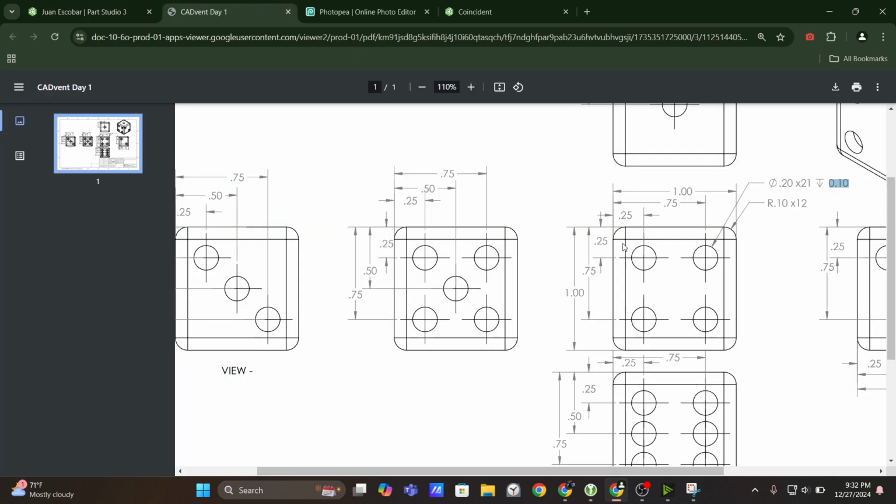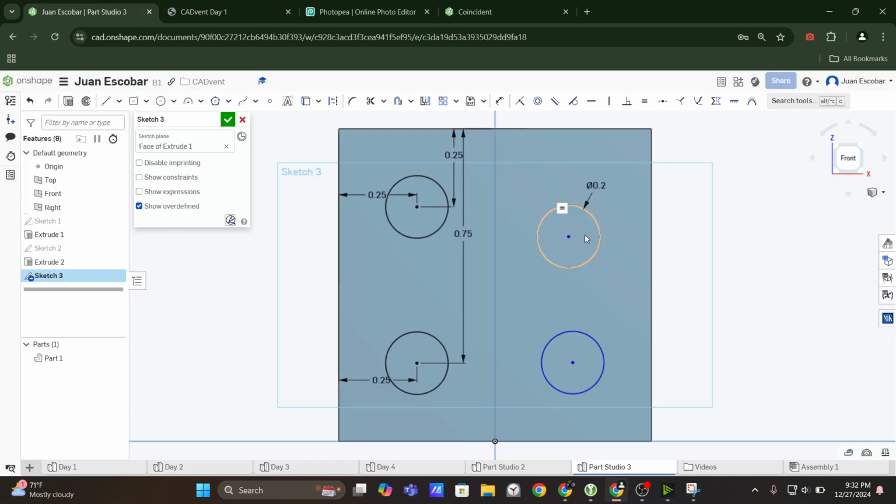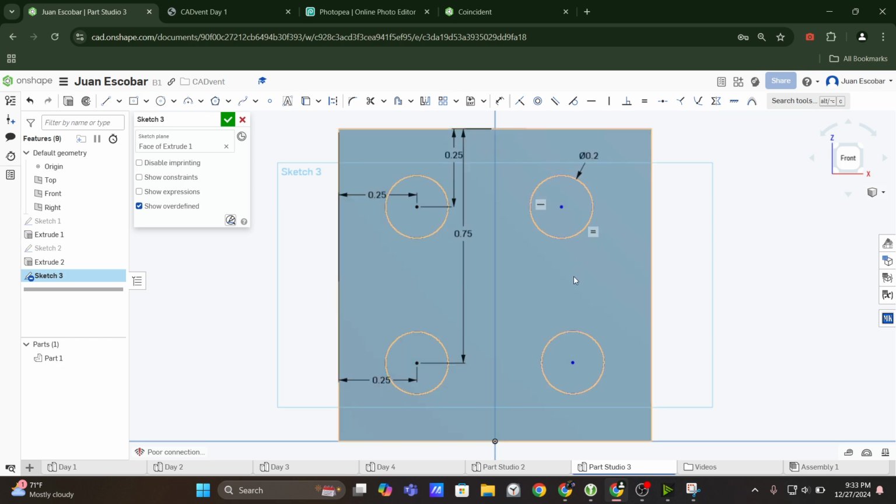Now, what am I going to do? I can do a couple things. These dimensions kind of just repeat. For this other circle, it's also going to be 1/4 inch. For this bottom circle, it's also going to be 0.75 inches. And you can see that they're exactly horizontal in the drawing. So just to change it up a bit, I'm going to add a horizontal constraint between the center of this circle and the center of this circle, and I'm going to click horizontal to make them horizontal. Now this circle is constrained in space to move only horizontally